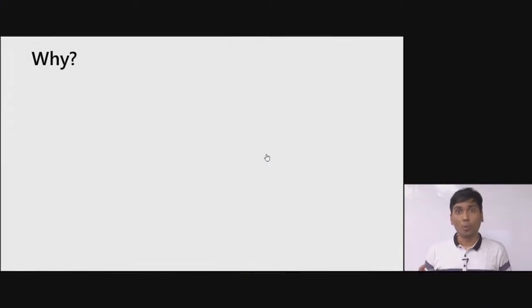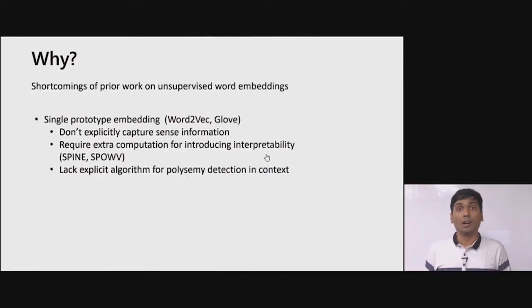Okay, so why should we care to give a new embedding? For example, single prototype embeddings like Word2Vec and GloVe have this issue: if I give you a single Word2Vec vector of the word bat, then I can't say whether it actually means the animal sense or the sporting sense. And people have actually tried to extract this information from a single Word2Vec vector,